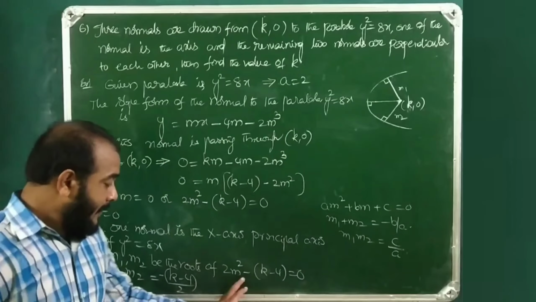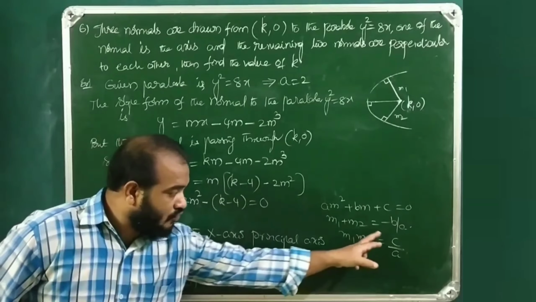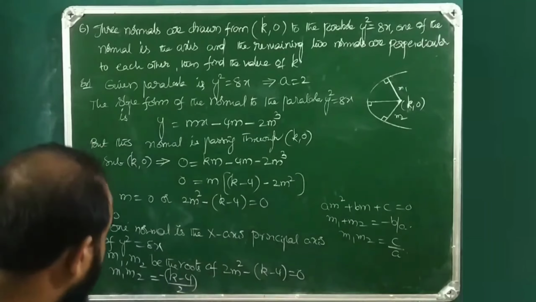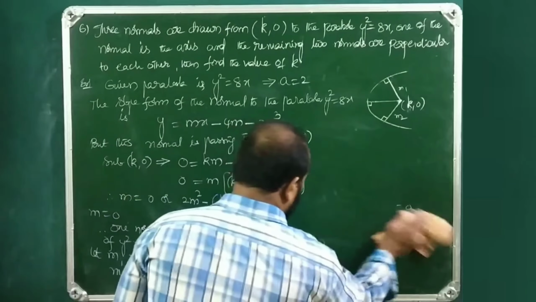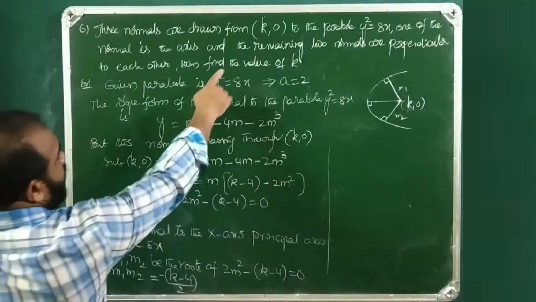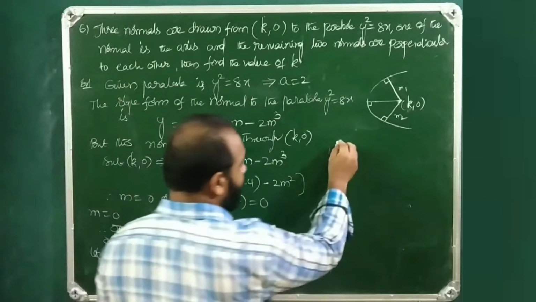That is, m is absent here. C itself is minus of k minus 4 by m square coefficient, which is 2. So, minus of k minus 4 by 2. But the remaining two normals are perpendicular to each other. Given that